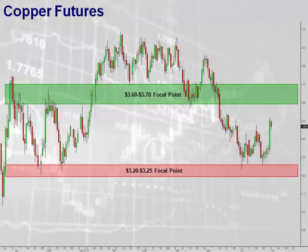Next, I want to take a look at copper futures, and copper had a very substantial reversal on the upside on that Friday rally. Really, at this stage, that again neutralizes the most immediate downside risk of copper breaking down. At this stage, while we do think there's only limited upside potential of copper, maybe back to 360, 370, and